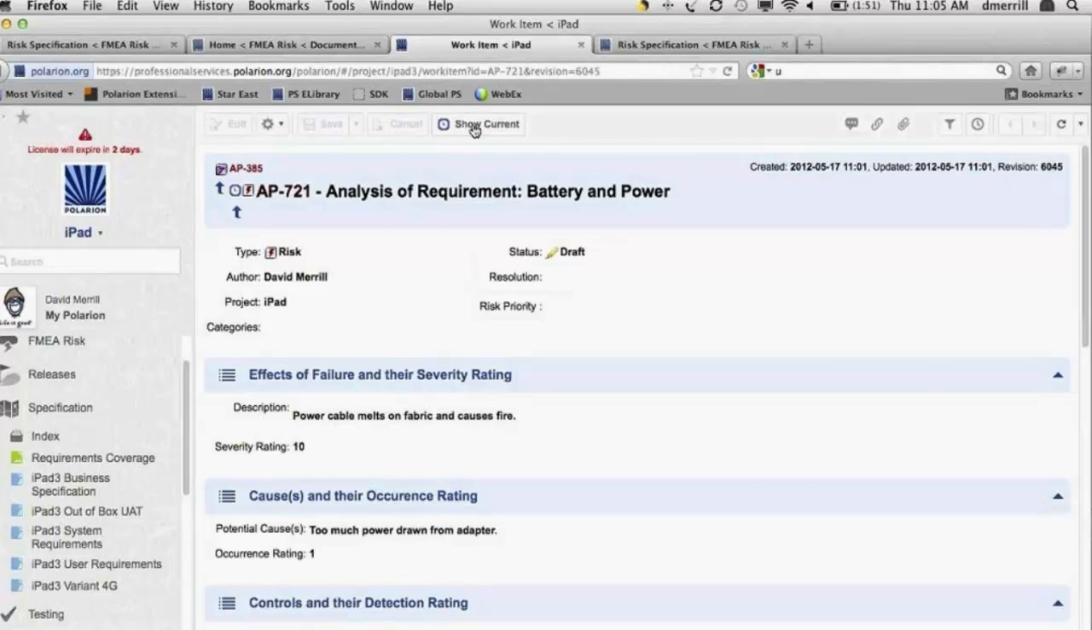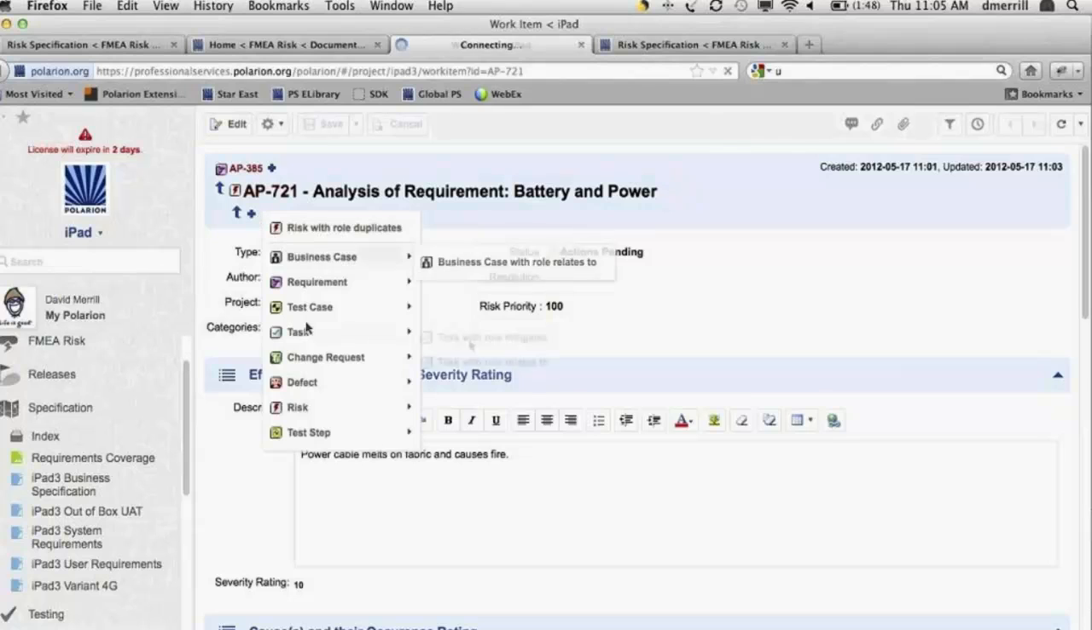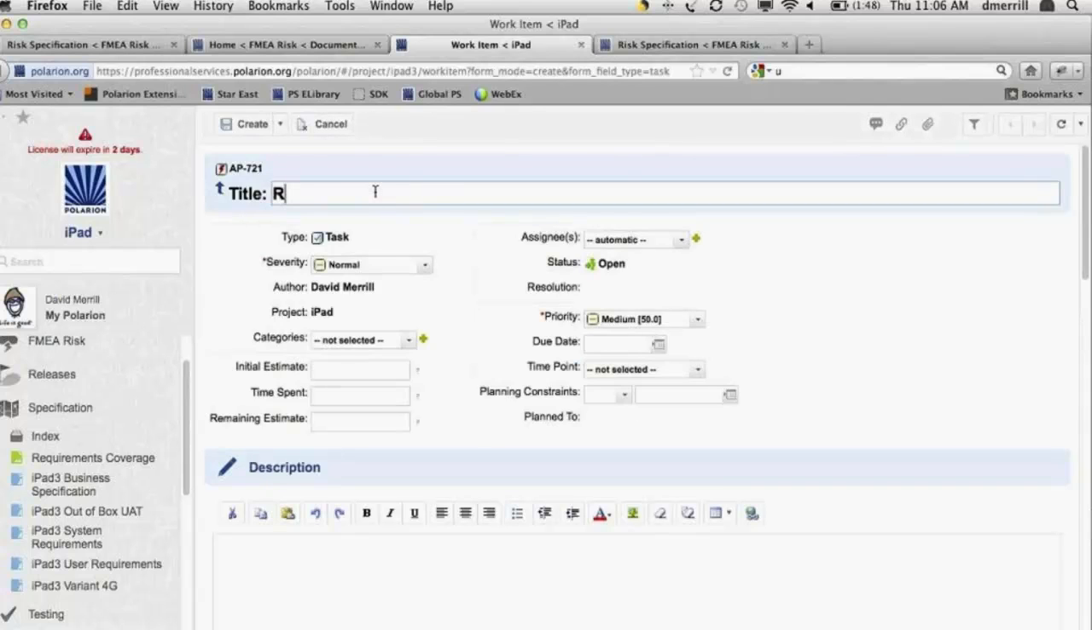If I want to show the current version, I just click Show Current, and that brings me to the latest and greatest revision of this risk, and again, how it impacts all of my other artifacts. For example, let's say when I plan my actions, I have a task to assign to somebody to help mitigate this risk. So I'm going to click on this task and say we want to research